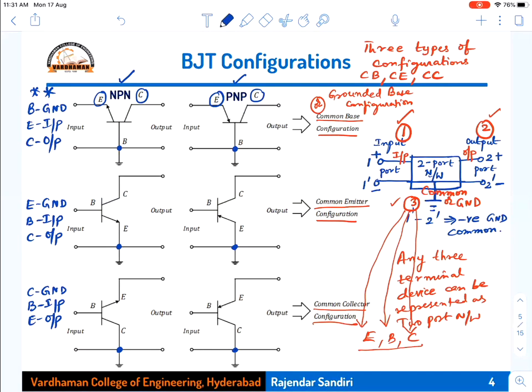If it is common collector, base is chosen as the input terminal, emitter is chosen as the output terminal. So emitter and collector are suitable for output terminals, whereas base and emitter are choosable for the input terminal. Depending upon that, the applications we find for these three configurations are chosen accordingly. Therefore, you have to remember, when the base, collector or emitter is grounded, which are inputs and which are outputs. So this slide is very, very important. We will be proceeding further with this information in the coming topics.